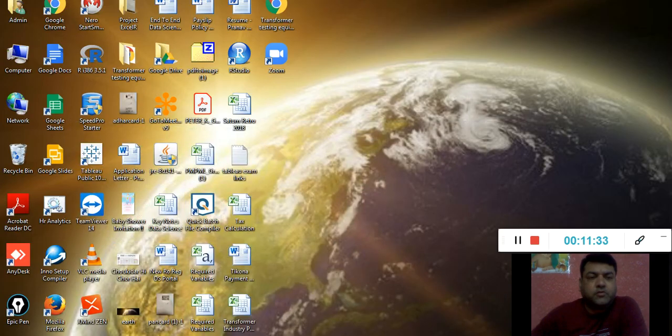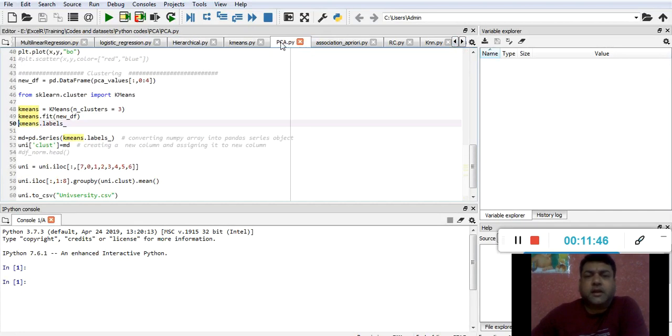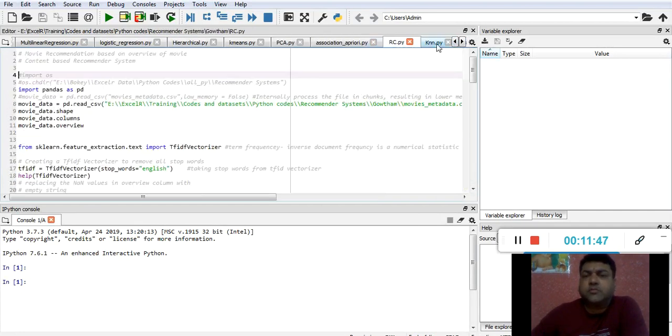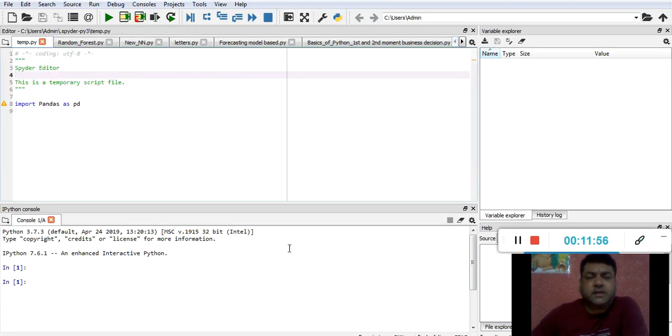So this is a symbol for Spyder, and this is the very first look. Of course, as I'm using it for my day-to-day activities, a lot of programs are already written, and I'm using these programs for my training purposes. But when you install it for the first time, you will see a screen like this, and this will be all blank.